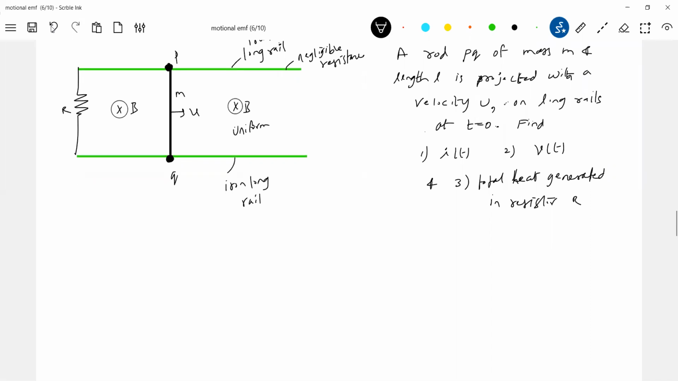There's no resistance of the conducting rails, for the time being we'll assume that. Then let's first apply Lenz's law. Flux is negative, and as the rod shifts towards right, negative flux increases. d phi by dt is negative, so the EMF induced will be positive. So how should the induced current flow now? Induced current in the rod should flow